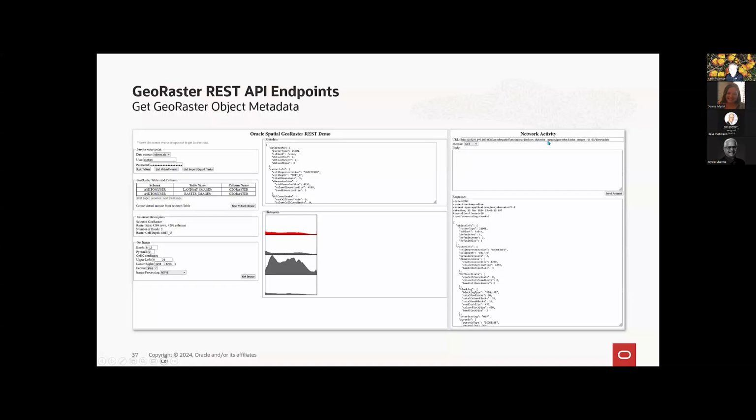So this is the raster images table, and we want to see the metadata stored for the raster object identified by 1, and it's basically what you can also see either with GDAL-info or what's stored in the Oracle database when the